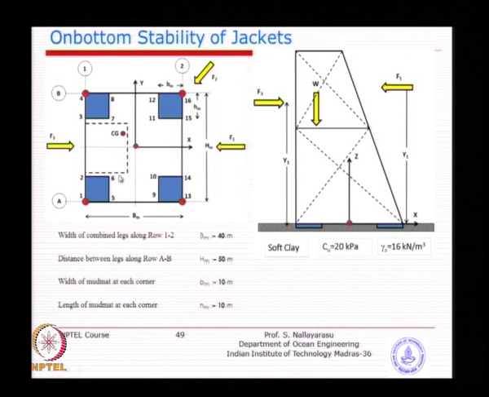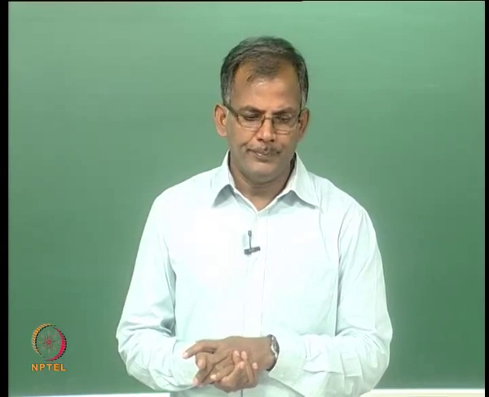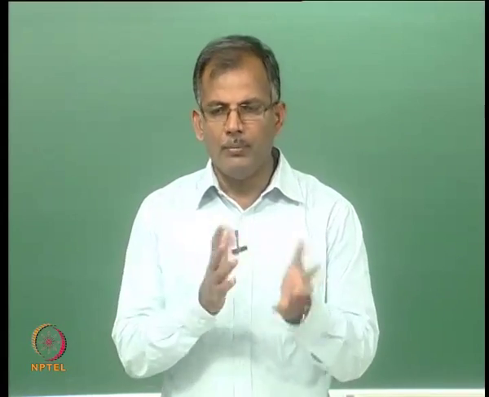Similarly, the COG may be on that side, but it all depends on whether the magnitude of force is more here or more here. Now, here no force is given, so you are given only this. So, there is no reason why you should waste time using this force, trying to find out the factor of safety, unless the magnitude of this is very large compared to this, because a component of this will also come into this direction. So, you should do due diligence before attempting to solve the problem. Some of the problems may be very difficult.